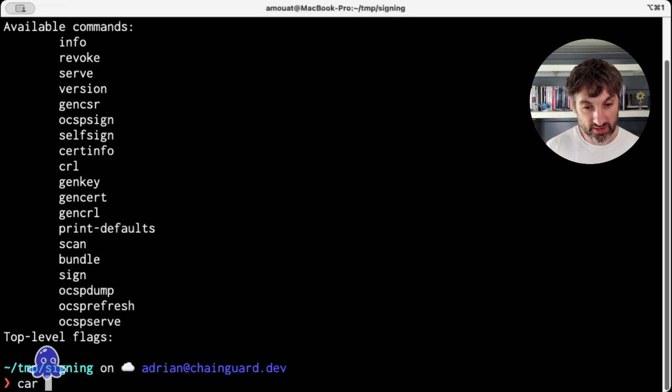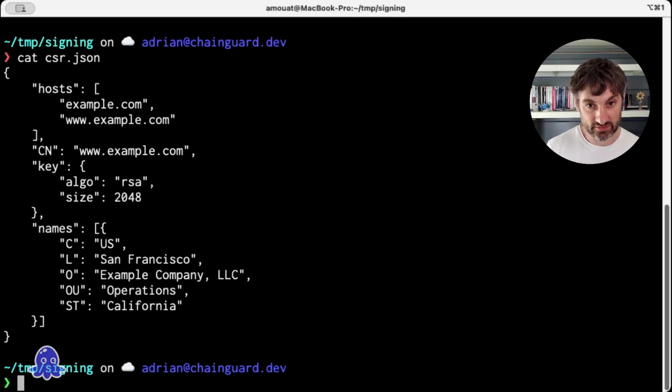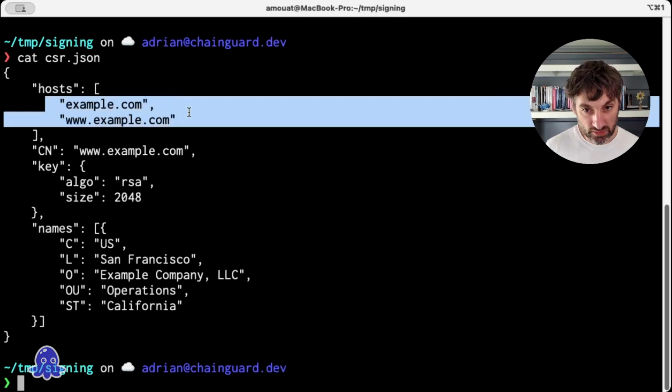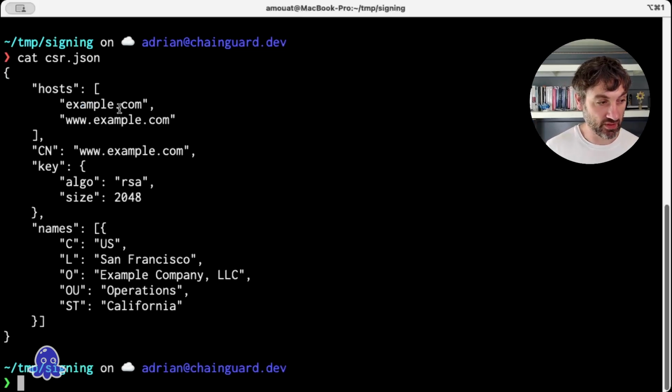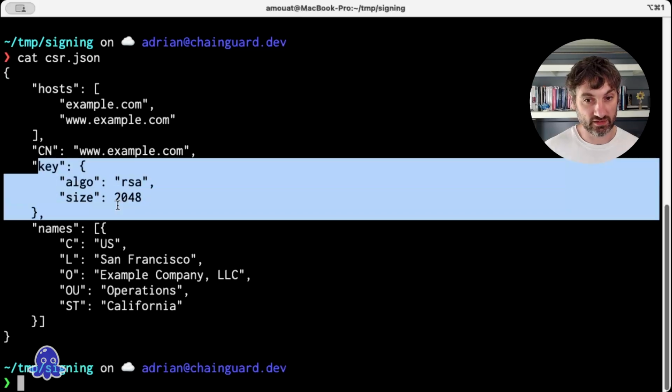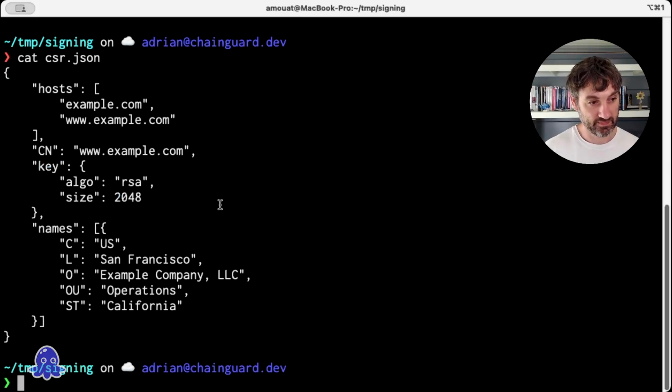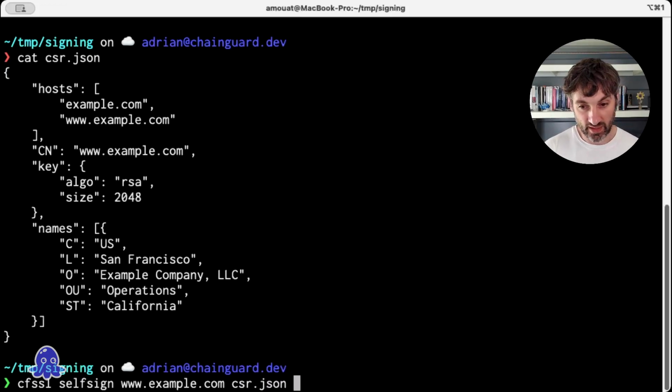So the first thing we need to do is create a certificate signing request in JSON format. These are the hosts that we want it to be for, so we're going to be creating a certificate for example.com, and here's the algorithm we're going to use and some more metadata. And then we're going to run CFSSL self-sign, so create a self-signed certificate, give it the host name and the file. If I run that, it's going to output JSON, but we actually want a PEM file for